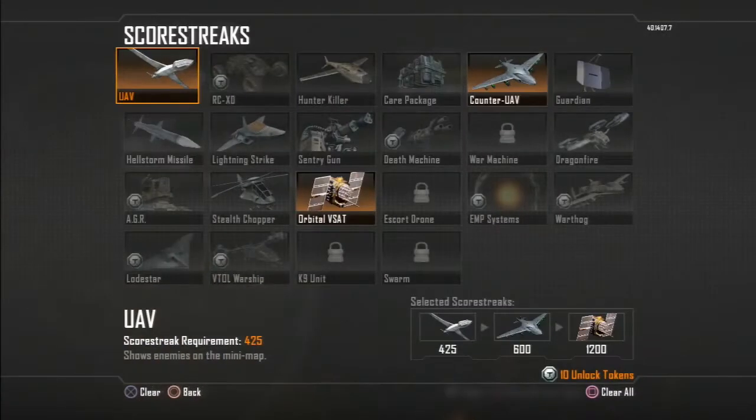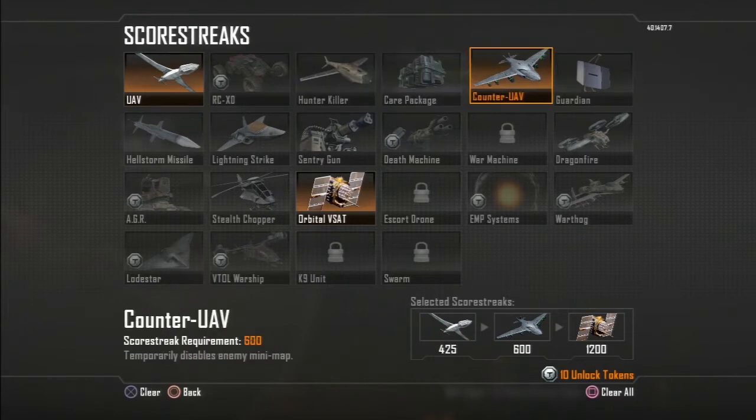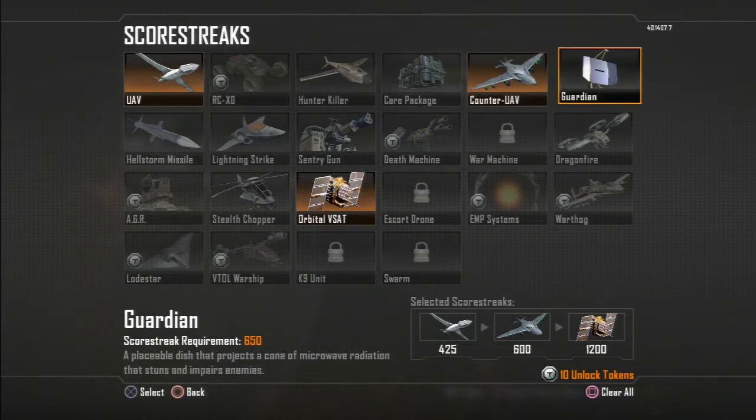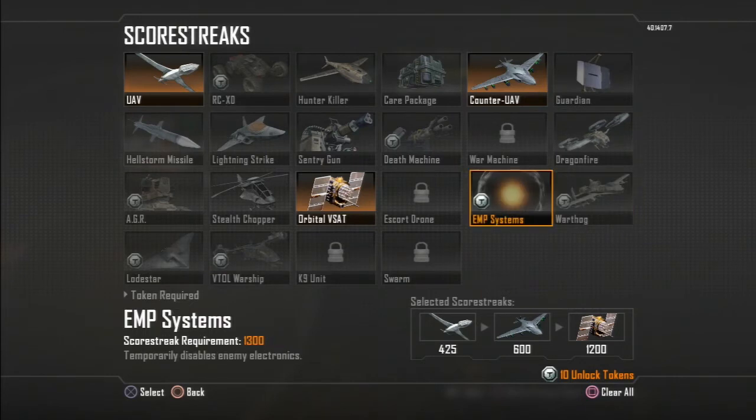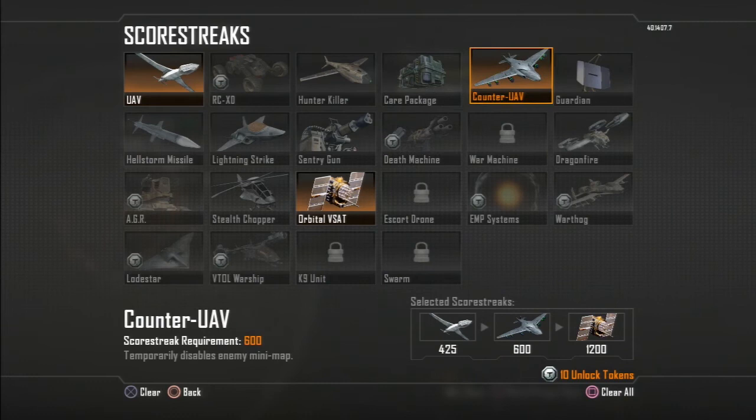Secondly, I'm going to look at score streaks. Score streaks, you've got UAV, counter UAV, and orbital VSAT. Since we're using suppressor, you can substitute that counter UAV for something else. However, that means, preferably, I'd say something like a Guardian or a Sentry gun, but I prefer the Guardian personally. If you're really confident, you can go with the EMP system, and of course, if you feel like being a douche, or if you just don't like using non-lethals like a team player, then you could just use any other crap you want. Personally, I'm going to stick to the counter UAV,